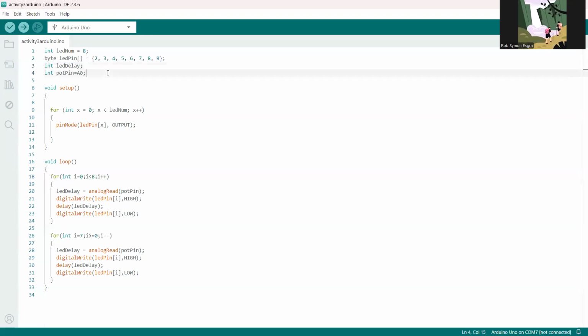And then the pot pin is the analog pin connected to the potentiometer. So we will use the potentiometer to control the speed of the LED. And then